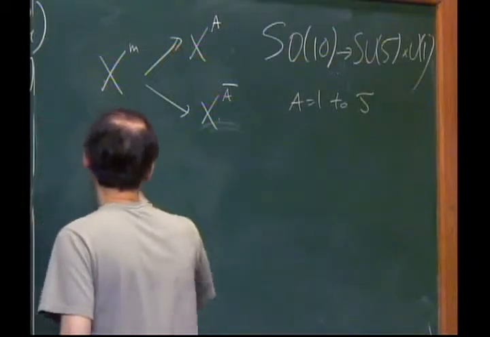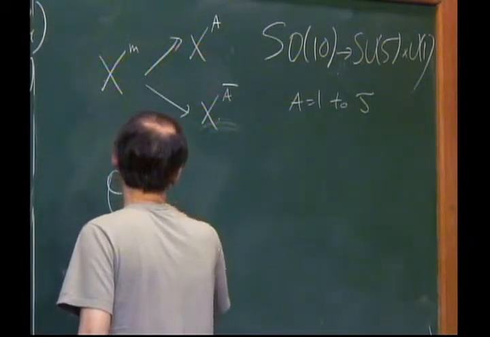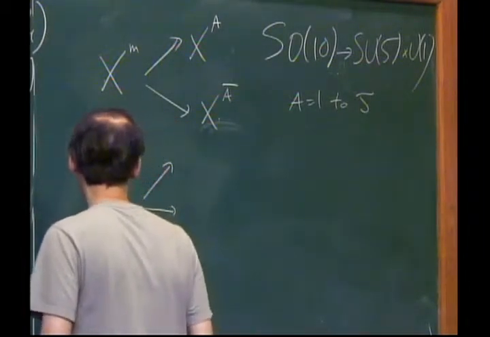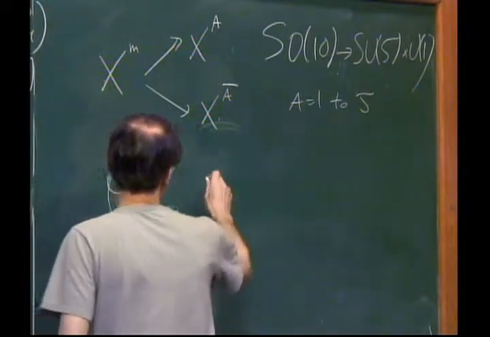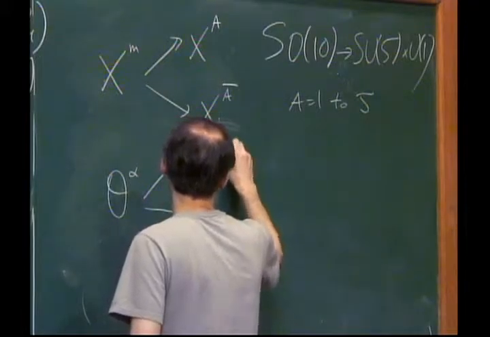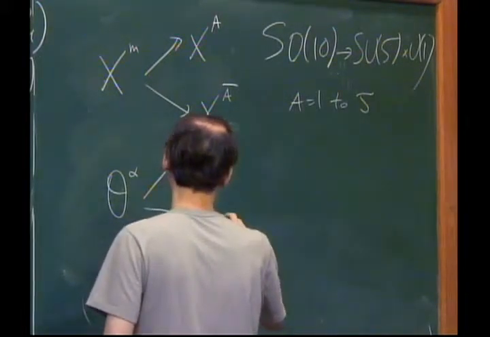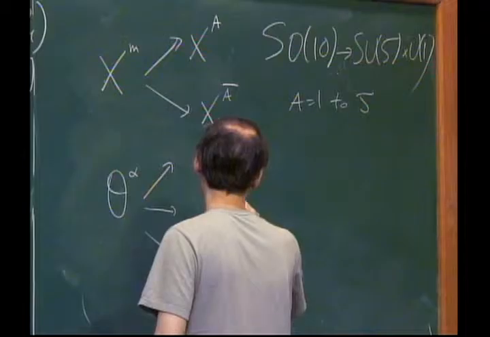Now when one breaks x in this way, the theta, of course, is also going to split up. So this has 16 components. And the way it splits up is into a 5, a 10 bar,